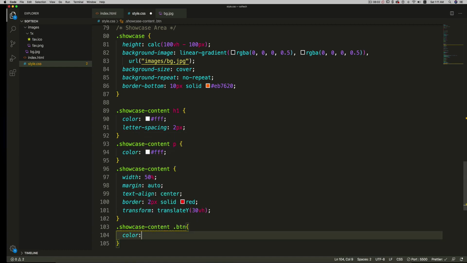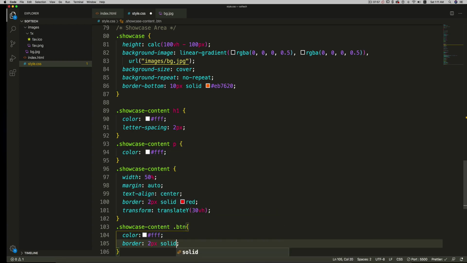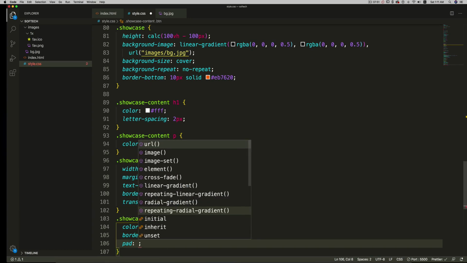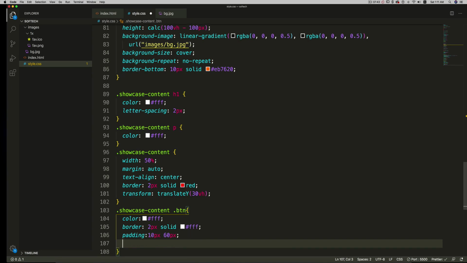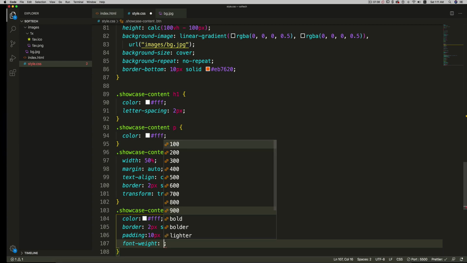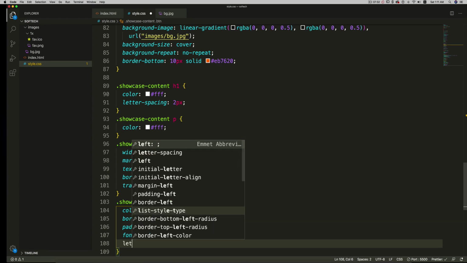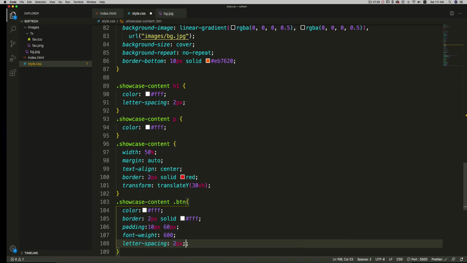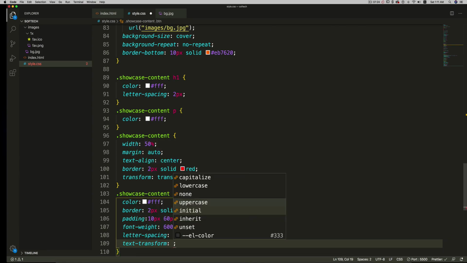So the text color will be white. Border will be 2 pixel solid white also. Padding top and bottom 10 pixel, right and left 60 pixel. Font weight will be 600. Letter spacing 2 pixel. Text transform, I'm going to make it uppercase,